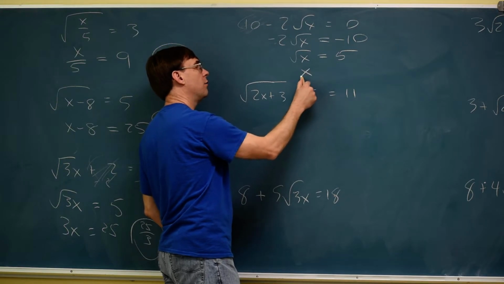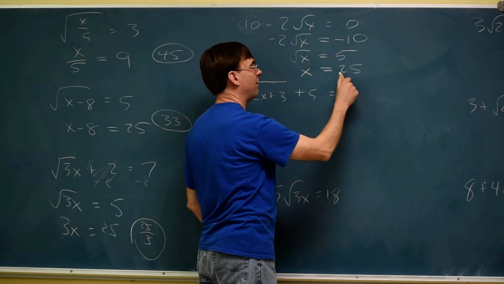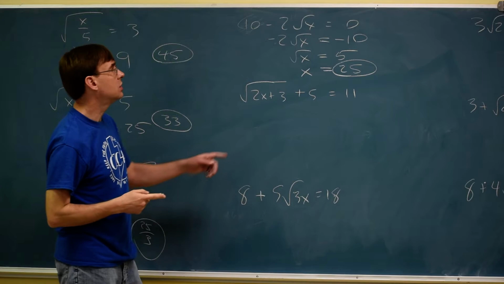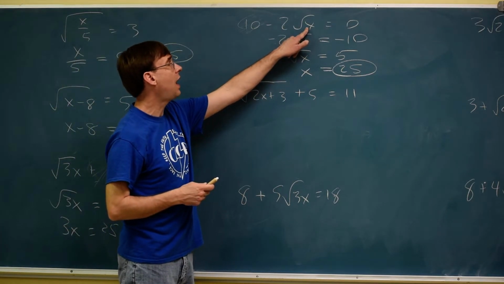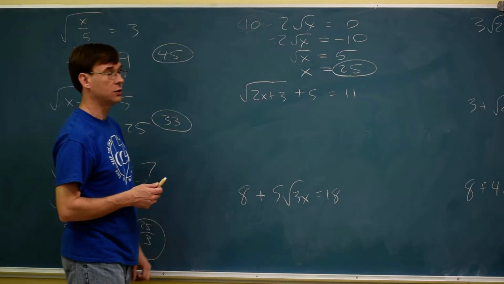And then I'll get rid of the root by squaring. If I square this, the root is gone. 5 becomes 25, and we're good. Again, we could check if we want. The root of 25 is 5. 5 times 2 is 10. 10 subtracted from 10 is 0. Everything's working just